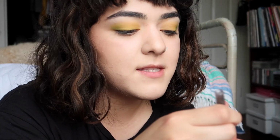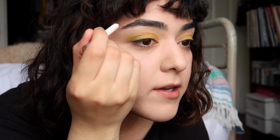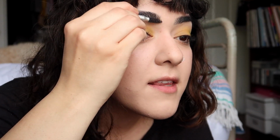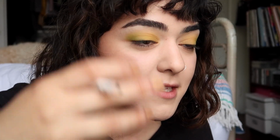Nothing new, just the Milk Makeup Gel Brow in this area. A little bit here. And a tiny bit over here, just because I got my brows threaded and they look very good. I was asked the other day how I got my brows to look like this and